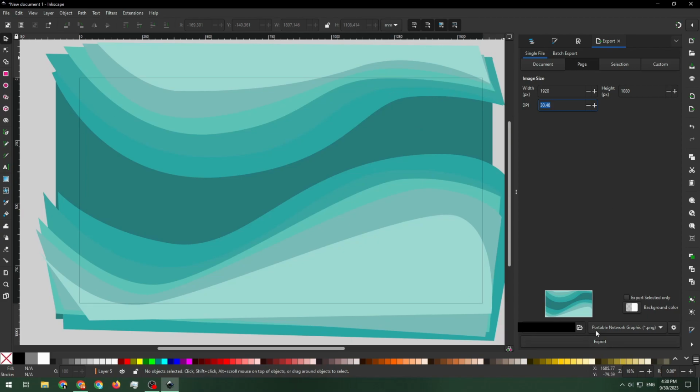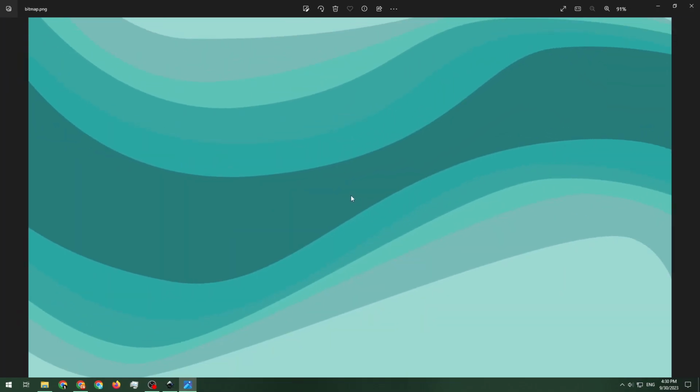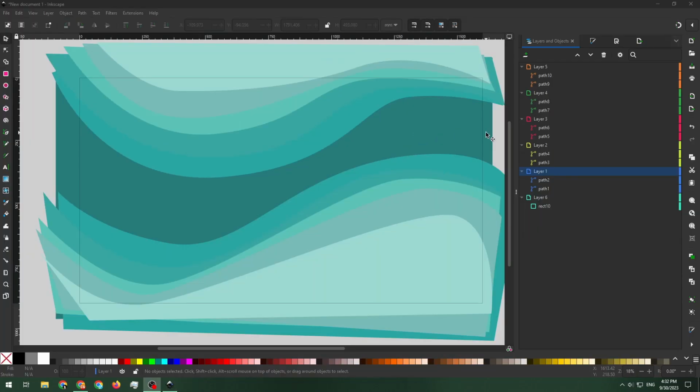And then we'll just export that as a PNG. And here it is. And actually I think it looks pretty cool if you set this as your wallpaper. It's a pretty nice little pastel background. All right, so moving on,